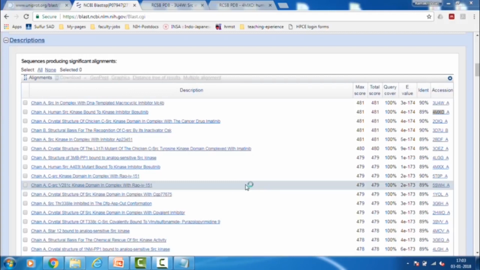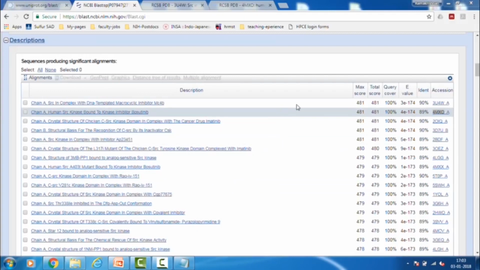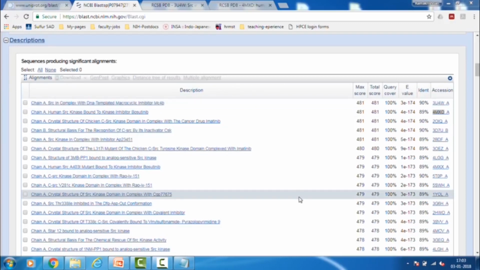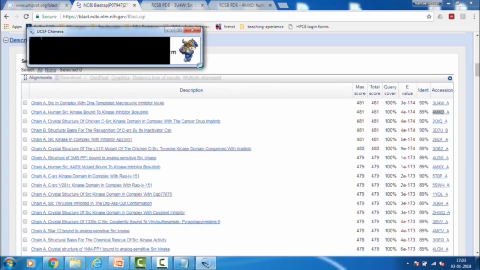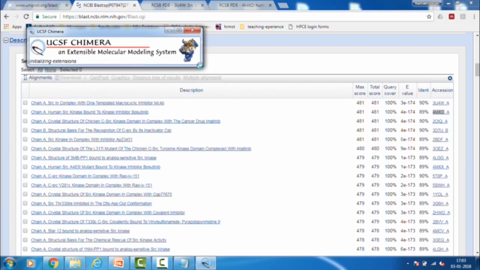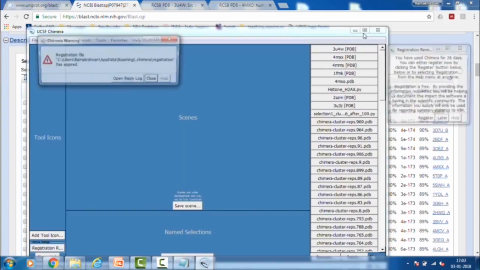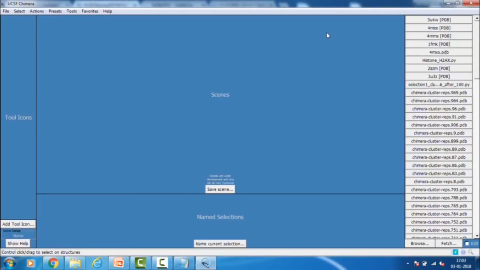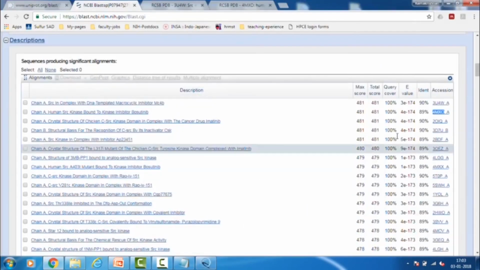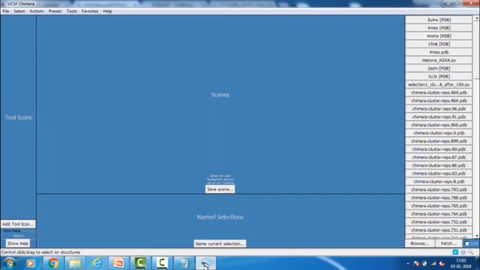Visual inspection is very important in addition to the BLAST search results, because BLAST is based on sequence alignment, while in the PDB the chance of missing residues in a structure is high. If you visualize the structure, you can see whether the structural information for the given template is complete or not. So here, for example, if you see 4MXO, that belongs to